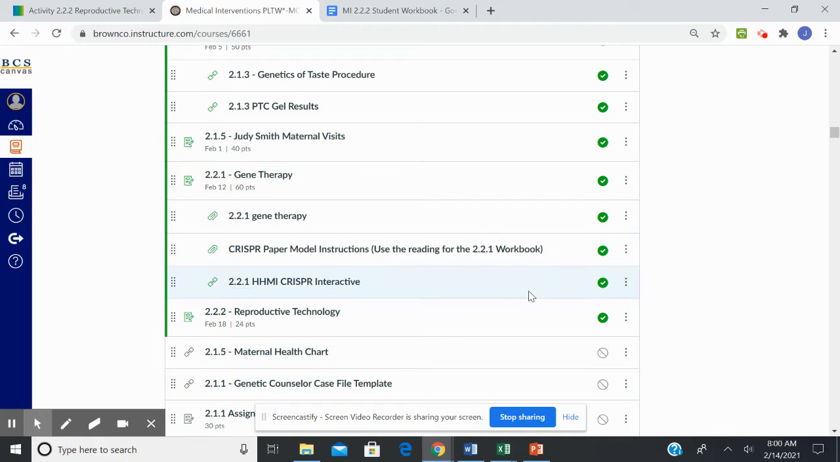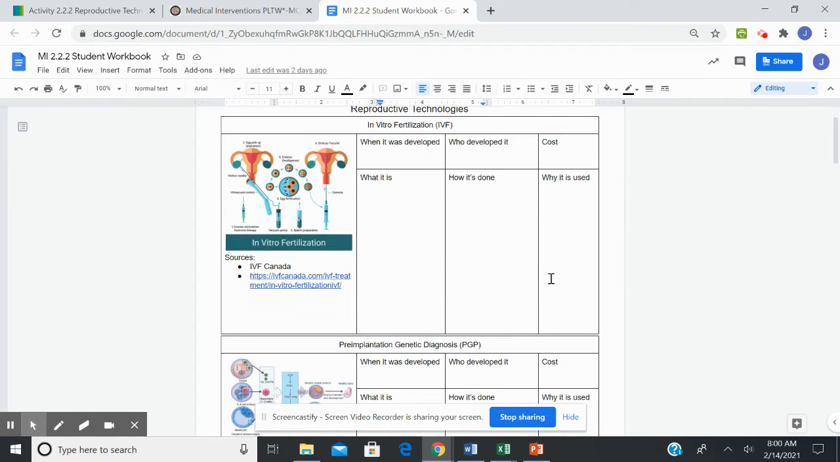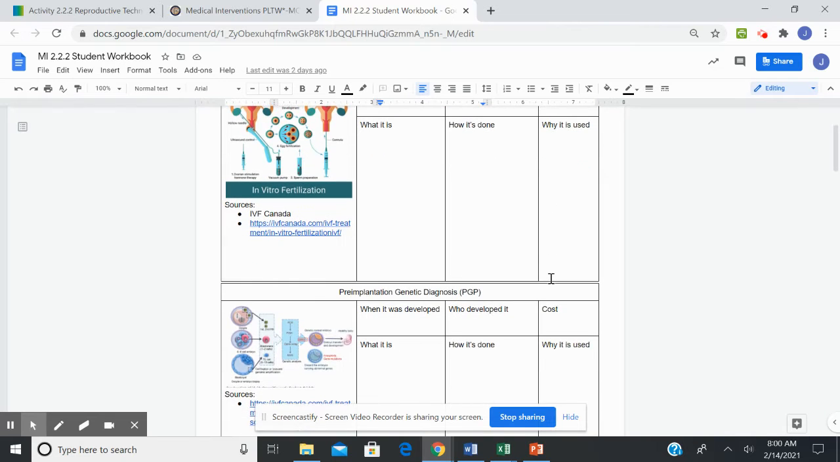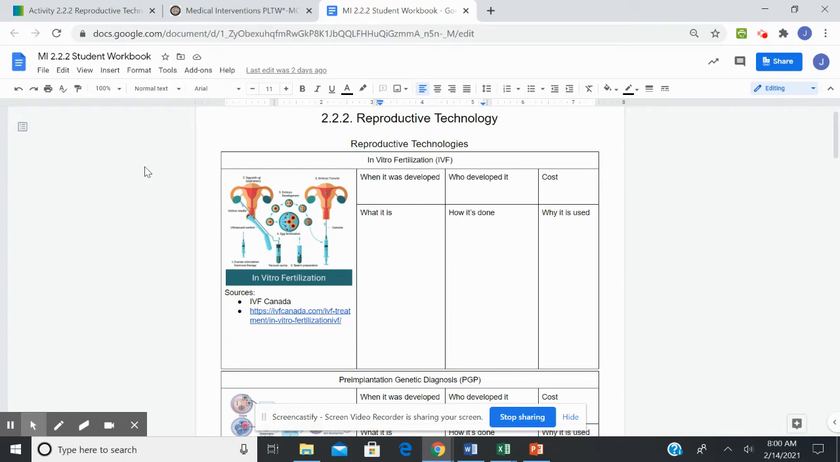In the 2.2.2 reproductive technology assignment, you see that here. Some of the classes, or fourth period, we went through this a little bit, the two people that were there. So a lot of you have not looked at this yet. So I know first period, we didn't go through much of this. So if you look in